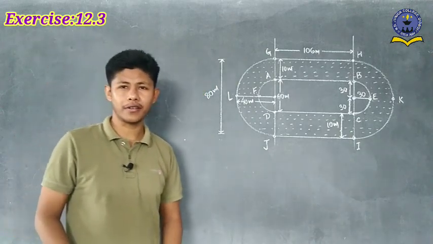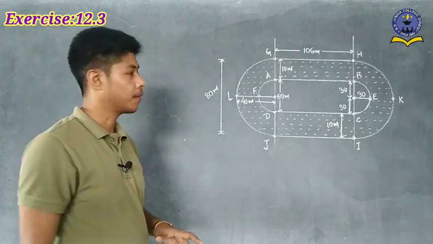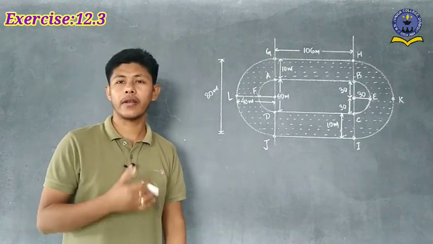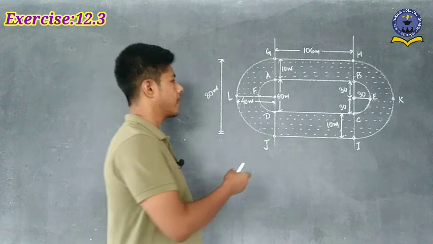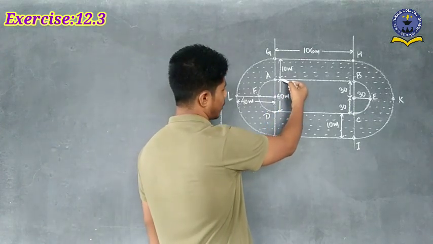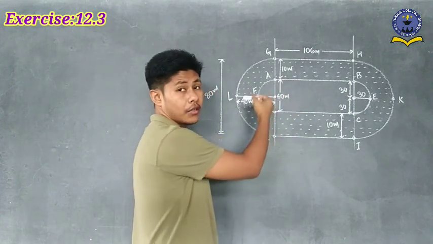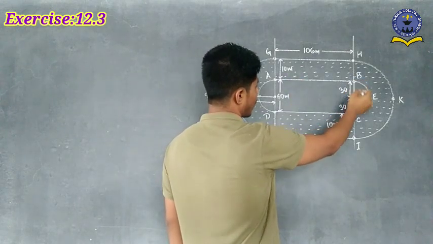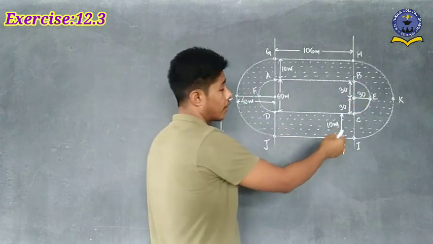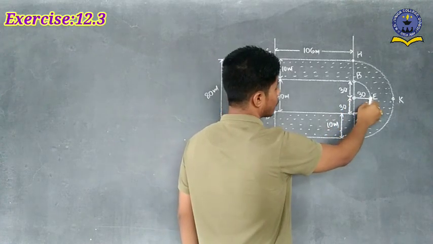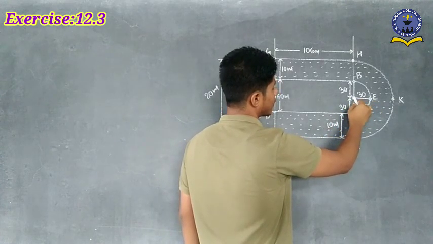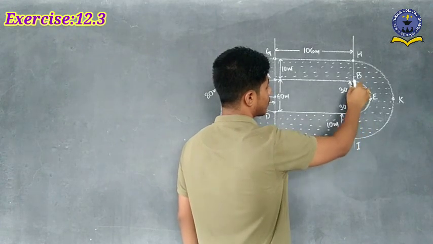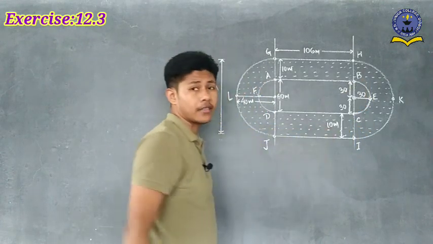Is it interesting or not? So that's what you have to do here. First of all, to find out the circumference, what do we need? We need the radius. So how can we find out the radius? Here you see the total length is 60 meter. If we separate it into two parts, then 30, 30. That means from this point to this, if we consider this one as the center, and if this length is 30, that means this one we can consider here as the radius.